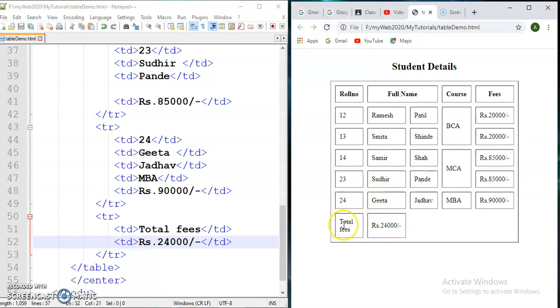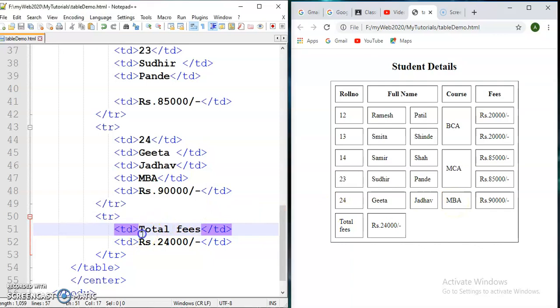But I want total fees from this column to this column and this fees into this column. So how can we do this? This cell moves under the fees column, and total fees I want from first column to fourth column.